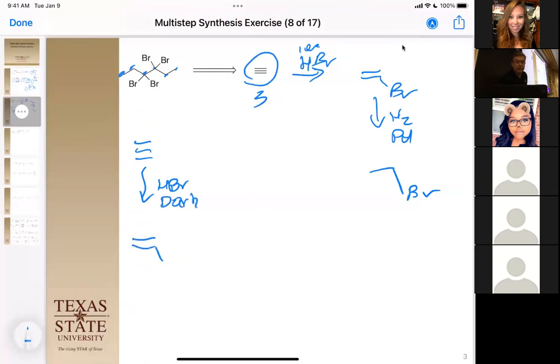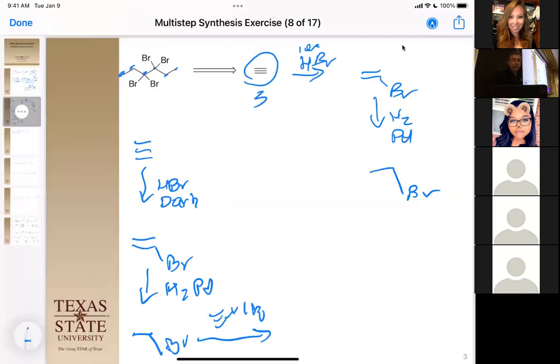And that's going to give us this. And then this is hydrogen with palladium to give us our alkyl halide here. Then we're going to take this with acetylene, one equivalent, acetylene, I'm going to put the hydrogens on here, one equivalent of sodium amide,